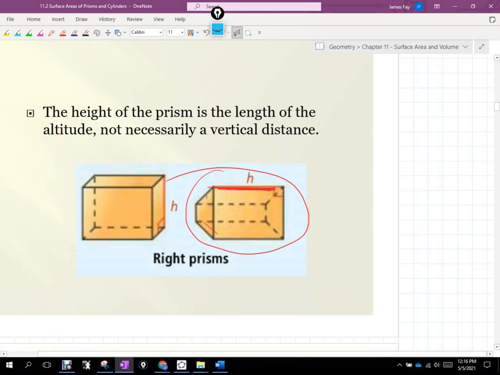If I were to tell you that you have a triangular prism, because I left a word out, it's an understood right prism. So I should say you have a right triangular prism. Does that make sense? Or you have a right rectangular prism, or a right hexagonal prism. If we leave that word right out, it's still assumed to be right unless told otherwise. Okay? So all of them that we see that do not have the word right in front of it are indeed right. The ones that are not right